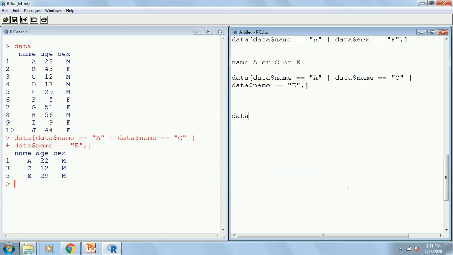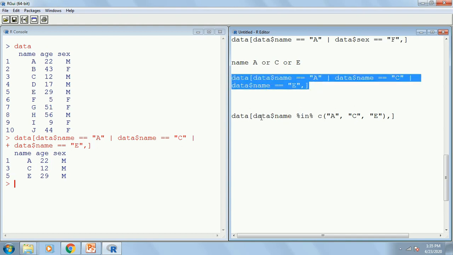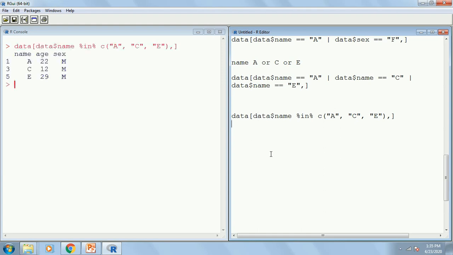Data comma, you write data$name and then write percentage in percentage, and then by writing c, all the 3 things whatever you require, A, C, E. By writing percentage in percentage, we mean if the name is A or C or E. This is just a shortcut way of writing this entire code, and let us execute it. See, we get the same result. In this way you can use it.